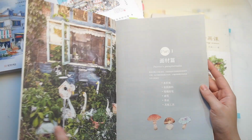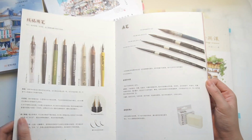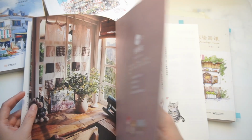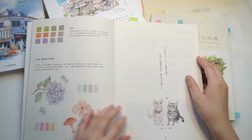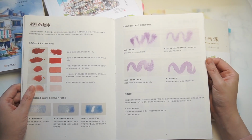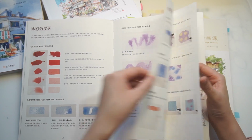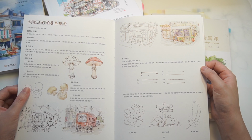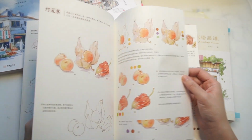The next two books are from another Chinese artist. I think she made these two books as a series from easy to advanced. I bought these books almost 3 years ago when I just started learning to draw, and I always have them on my desk. There are many super detailed tutorials here, starting from easier items like food and foliage, and slowly